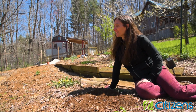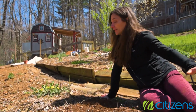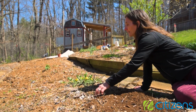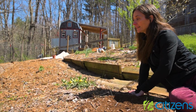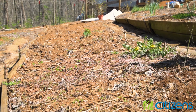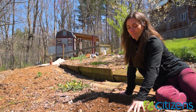So that's how I plan to do it, and we'll see if I can keep up with that. It's definitely getting ahead of me already. So this week I'm going to go ahead and rake this bed out and get these seedlings before they start to grow. There's another tiny little area here that is dill, and I can see some of the dill coming up. I've started to learn what the seedlings look like as they emerge. Then I'll let them grow, but otherwise I'm going to just rake it out and put some